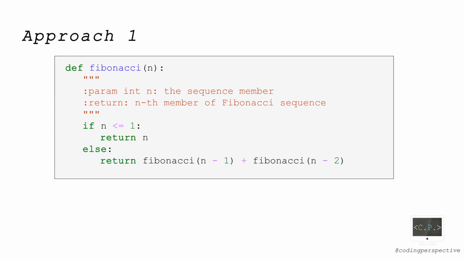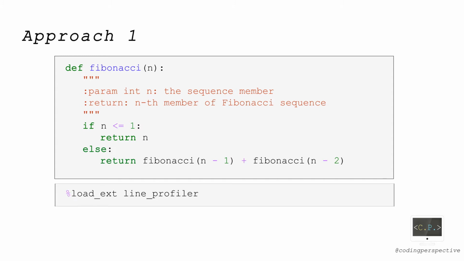It returns the input n if n is less than or equal to 1, since f0 is 0 and f1 is 1. Otherwise, it calls the function itself again for n-1 and n-2 to compute fn-1 and fn-2 respectively. Since the function calls itself, it's a recursive approach. To understand whether it's an effective algorithm, let's do some experiments.